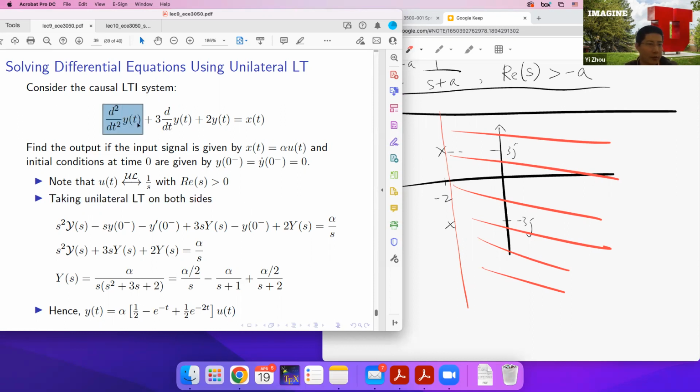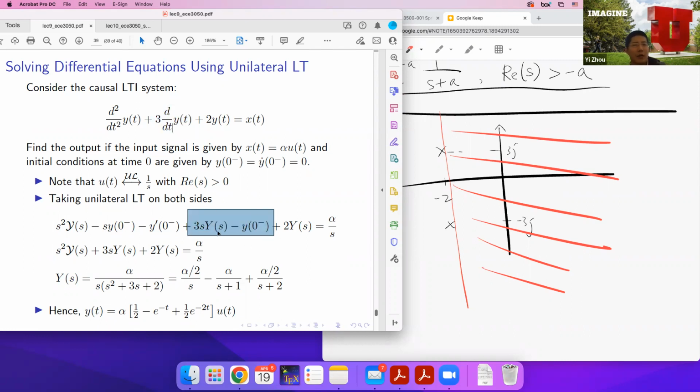And then this second order differentiation, by the property of the unilateral transform, reduces to this one. Remember, it involves these two initial conditions, but now they are given, so you just need to plug them in. So this one gives such a unilateral transform. And the first order differentiation corresponds to such a